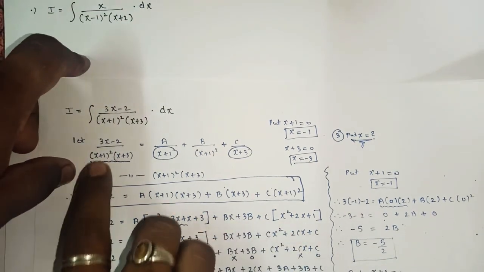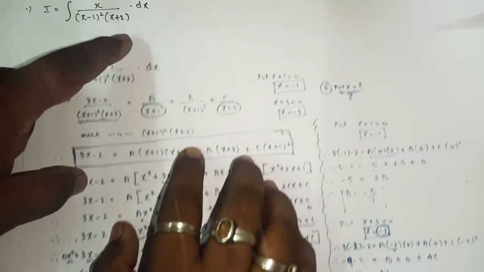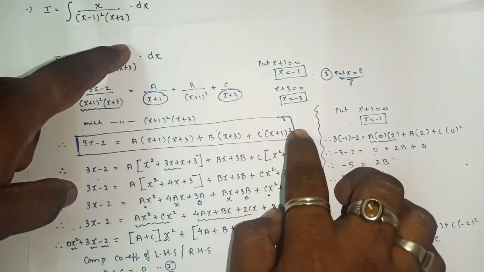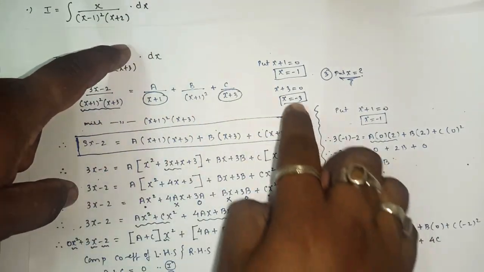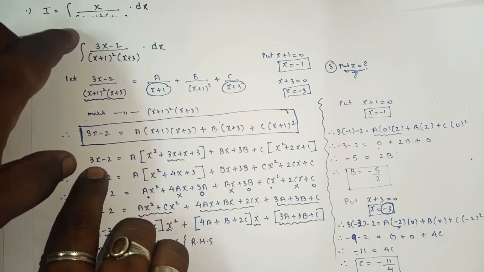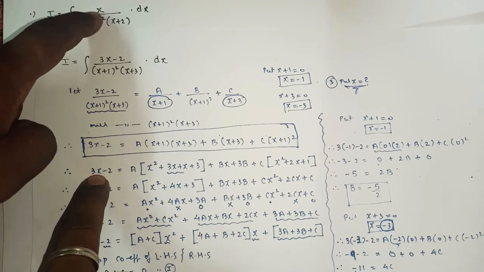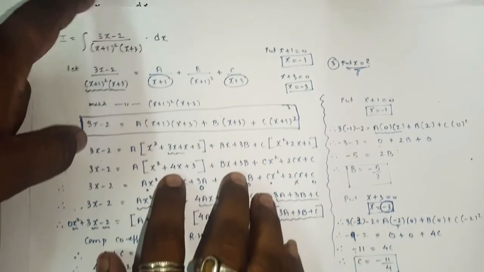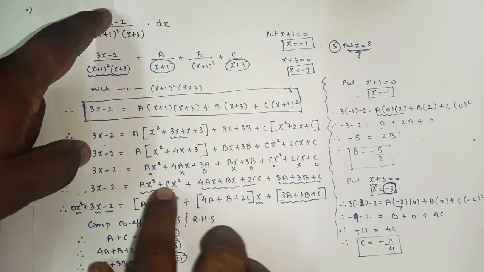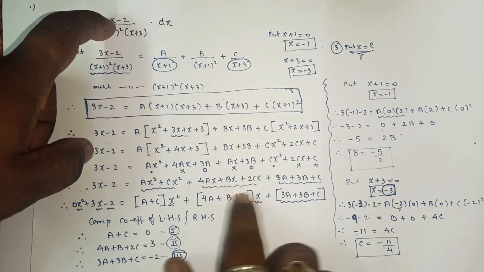Then after that, multiplying throughout by this section, you will get one form. So write that section inside the box. But here on the left hand side, as you will get only x, whereas there we had 3x minus 2, here you will get x. So the same procedure you will do: arrange the like terms with respect to x square, x and number.